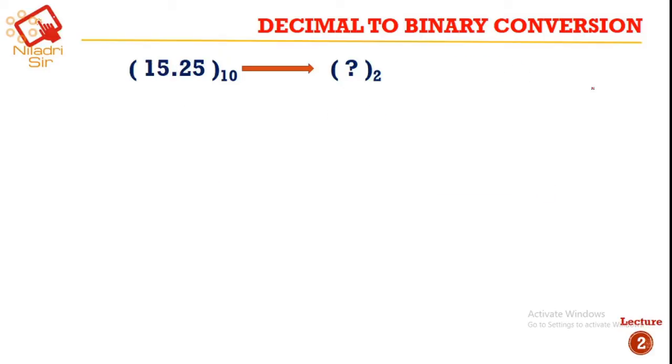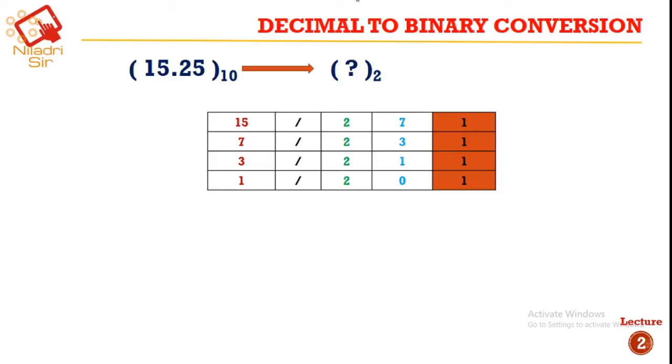Next, another example. This is 15.25. As you can see, this is the merge of the first two options. At first we will do 15. As 15 is on the left hand side of the decimal, we'll divide 15 by 2. It will be 7, remainder 1. Then 7 will come here. 7 divided by 2 will be 3, and the remainder will be 1. Again 3 will come here. 3 divided by 2, 1 will be here, and again the remainder 1. So 1 will once again come here. 1 divided by 2 is 0, and the remainder is 1.